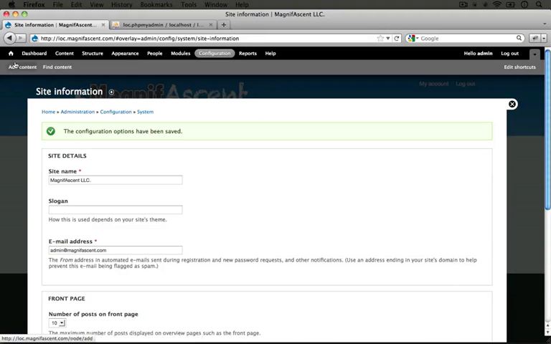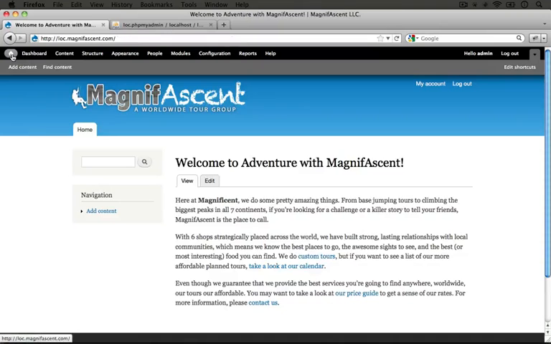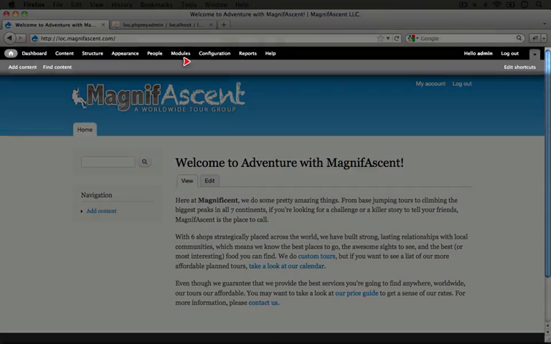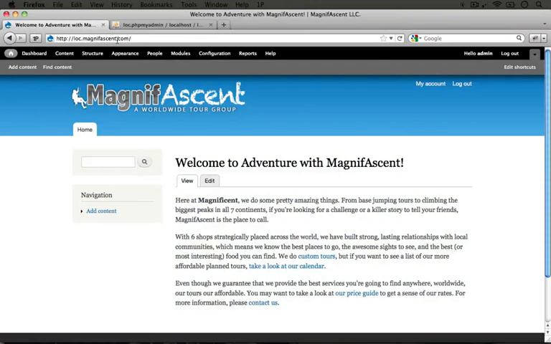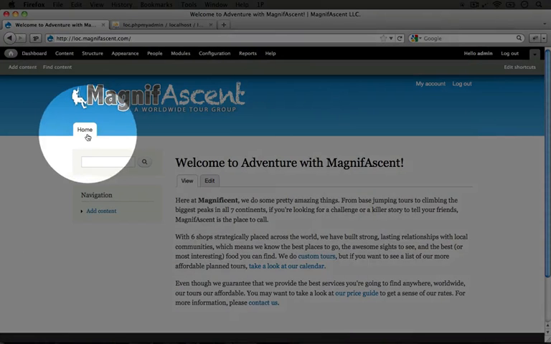Once it's saved, let's go ahead and jump to the home page and take a look. Okay, now we have our full page that we created as a basic page content type on our front page. If we look at the URL, we see just the domain and a slash, which means we're on the default front page now. One advantage of setting the home page this way is that we get the benefit of using